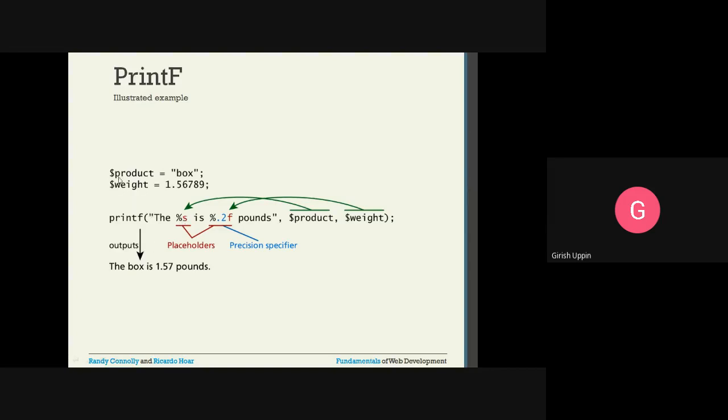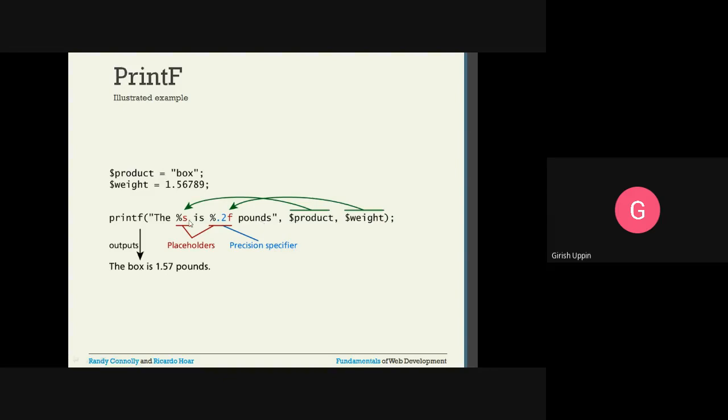For example, here we have two variables: product is equal to box, weight is equal to 1.56789. Suppose you want to output what is in the printf statement as the first parameter, that will be shown as the output on the browser. For example, here inside the two double quotes, I have %s is %.2f pounds.